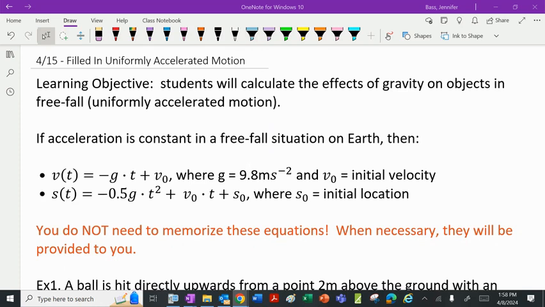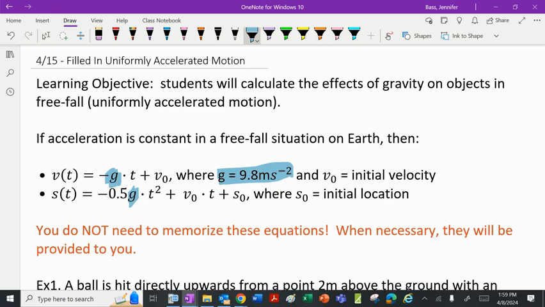I chose to leave gravity open in the equation because this formula will work on the moon or Jupiter or Saturn, any place where the gravity is different than that on Earth. So for this assignment, we're just talking about Earth, so you can assume that gravity is always 9.8. That 9.8 is going to go into the velocity equation as the coefficient of t. It's going to go into the position equation multiplied by 1/2,